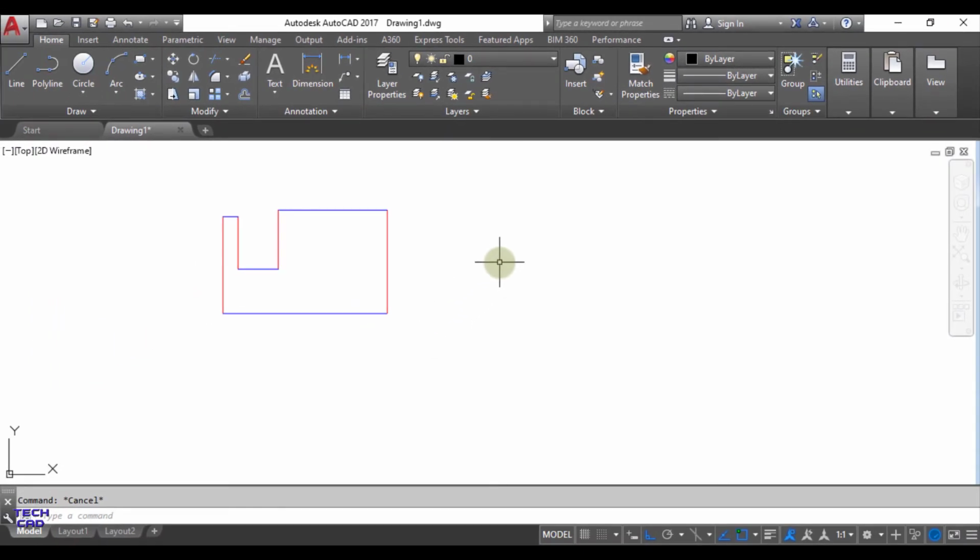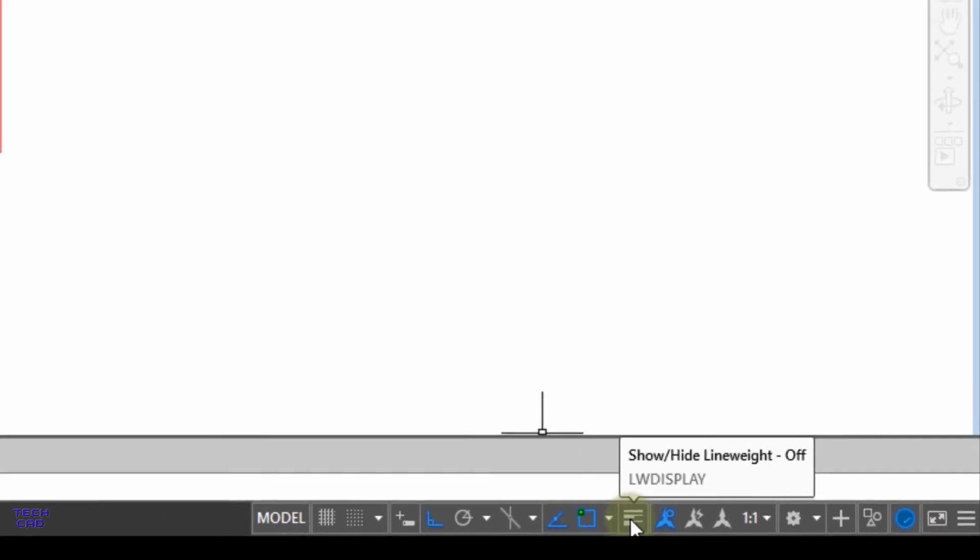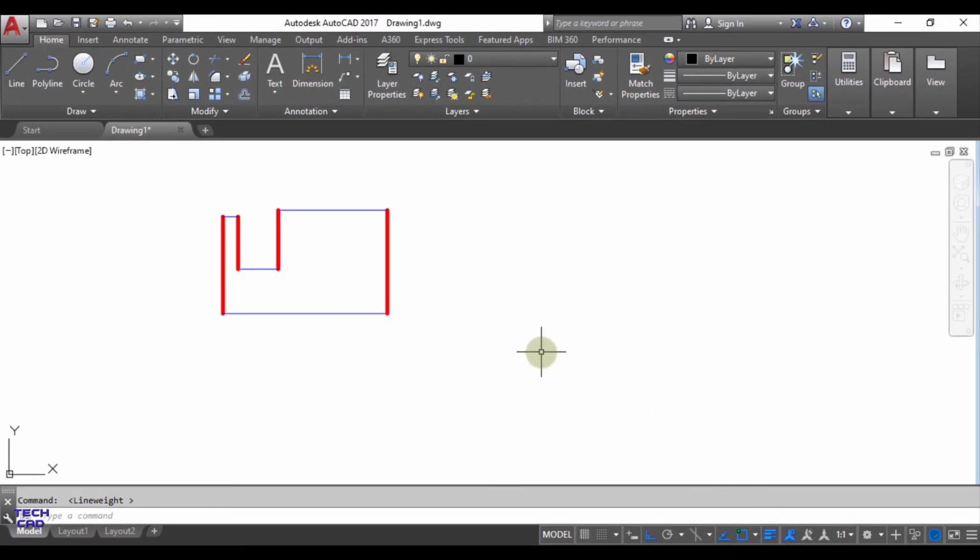The reason is that in the toggle buttons at the bottom, we have a Show/Hide Line Weight tab, which is presently off. Once it is on, by left-clicking with the mouse, you can see your thickness has been shown. It means if you want to show your line weight, this tab should be on.